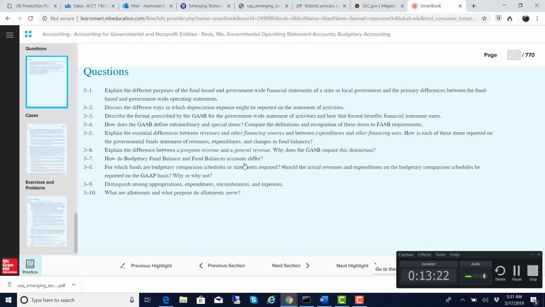On the modified accrual basis of accounting, depreciation expense is never recorded in the governmental fund financial statements because it does not represent the use of current financial resources. This differs greatly from accrual accounting, where equipment is first recorded as an asset with depreciation expense recognized over the useful life of the equipment. Similarly, now on to other financing uses, such as transfers of the financial sources of one fund to another fund, have the same effect on fund balance as expenditures. Both decrease the fund balance at year end when temporary accounts are closed.